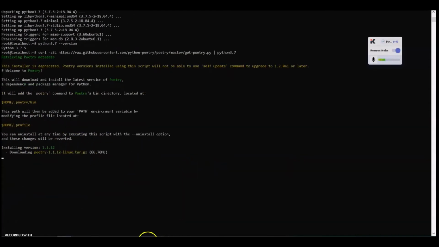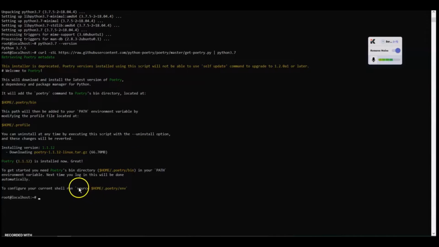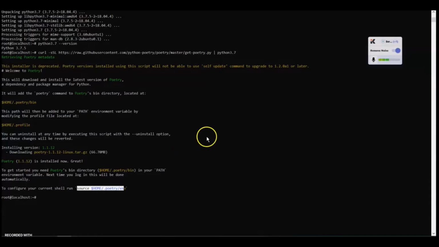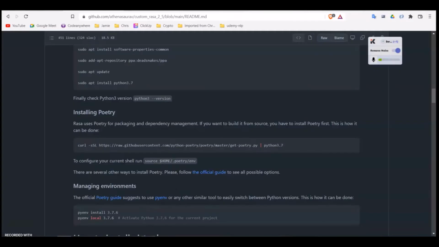As soon as Poetry is installed, you need to activate it or add it to the path as an environment variable. To do so, it says you need to do this, or even in my documentation, I have specifically mentioned this. So let's go there and add the env. Now it's added to the path.